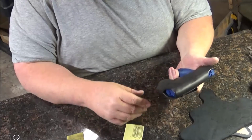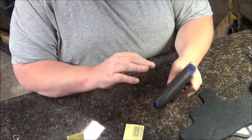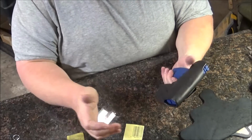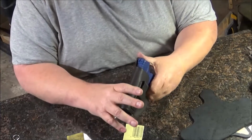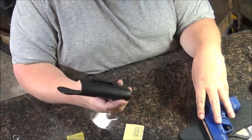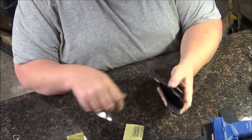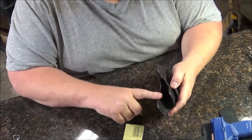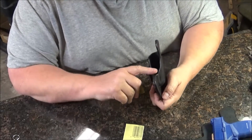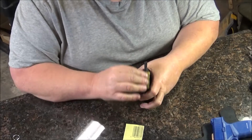I just need to finish up the burnishing and put some resin on it, put a nice finish coat on it. Not that I need it really. I mean, it looks plenty fine, but the finish coat will just help keep some of the black from rubbing off. So I'm going to get this one done, get the other one done. But right now, I need to do a nice final burnish all the way around here. I did just a really quick burnish around this part, so I need to go around